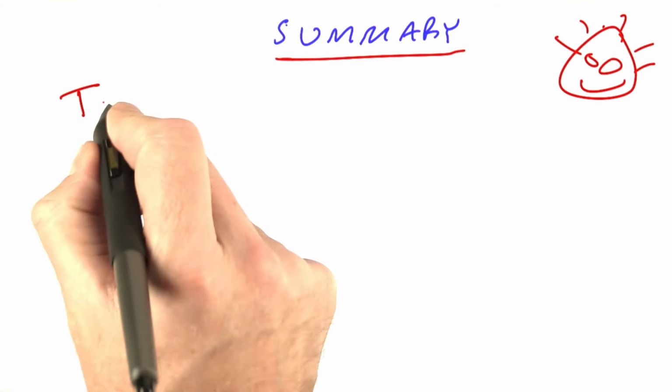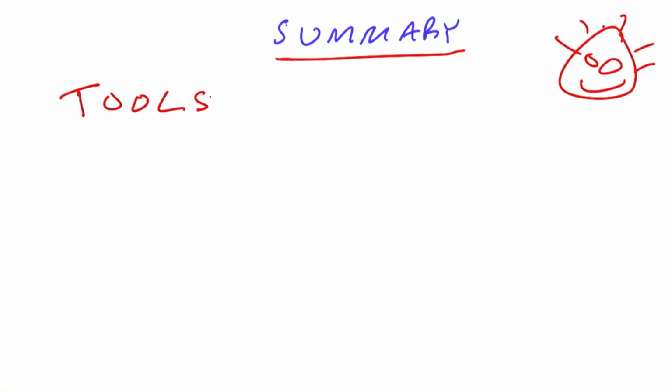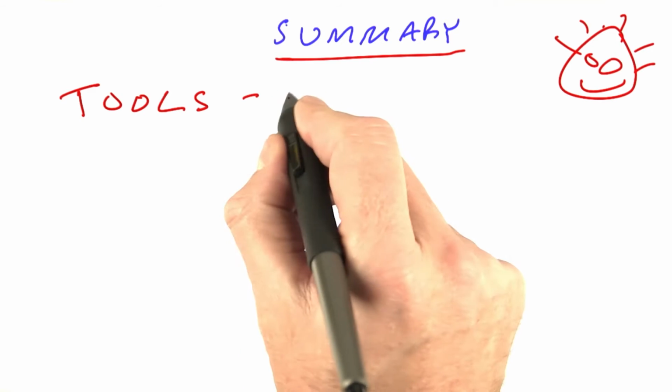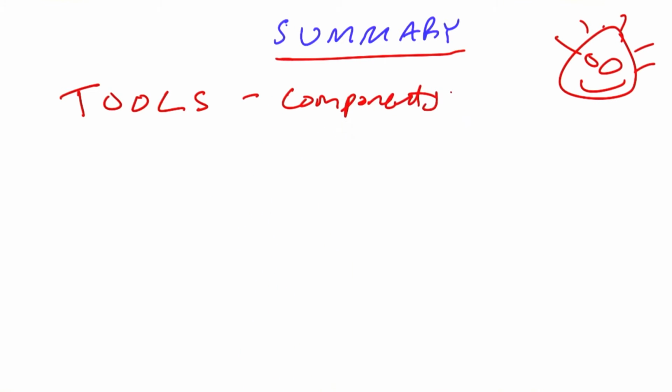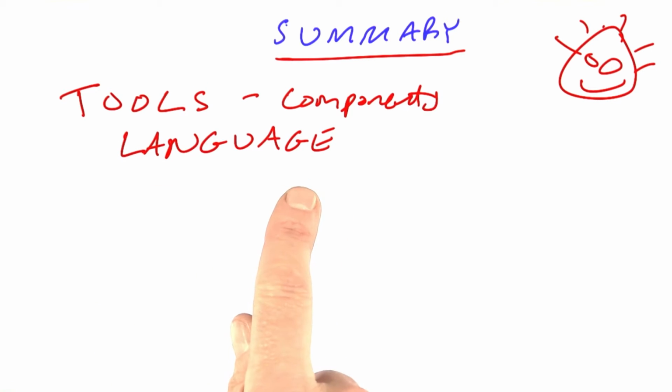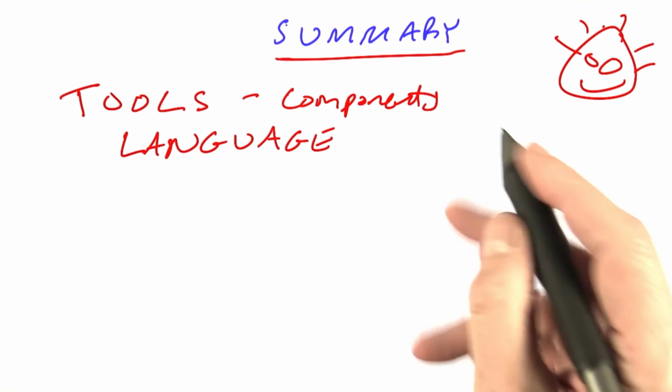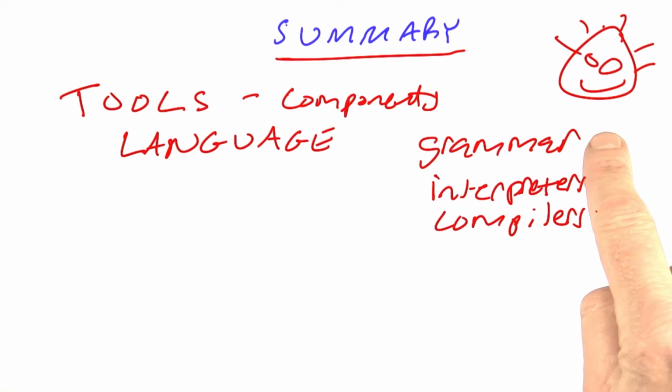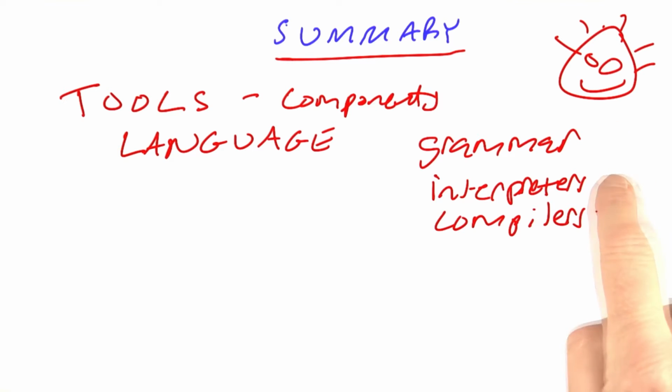To a large extent, this unit was about tools, how to build useful tools, how to recognize what they are and put them together, and how to apply them to components of a domain. And in particular, one of the important tools we looked at is language, the ability to define the language that you want to deal with rather than the language that Python happens to give you. And we talked about grammars that describe a language, interpreters that interpret them, and compilers that do the same thing,